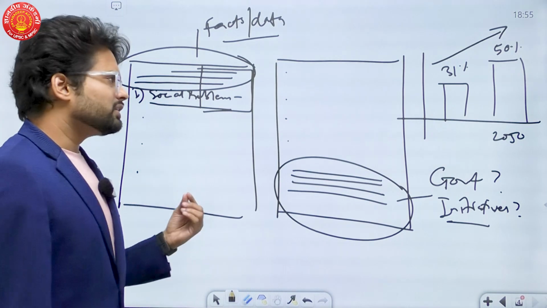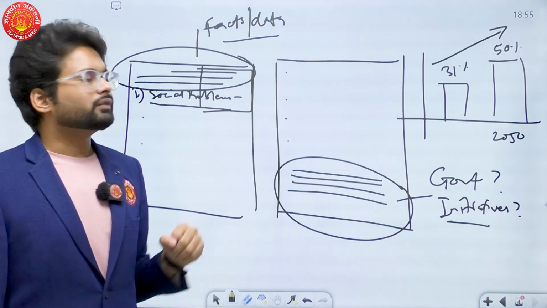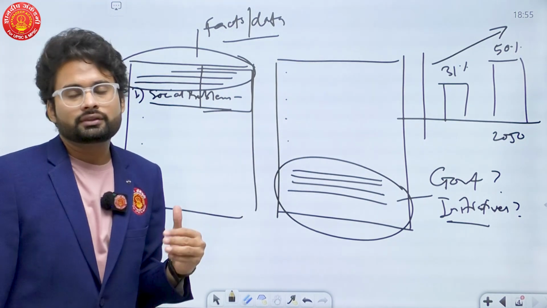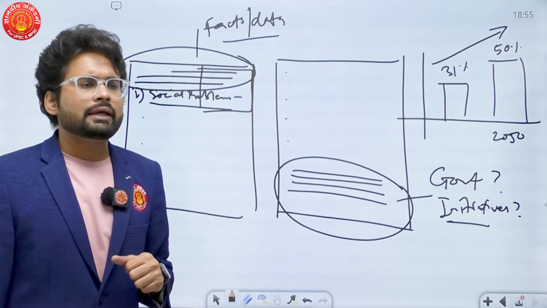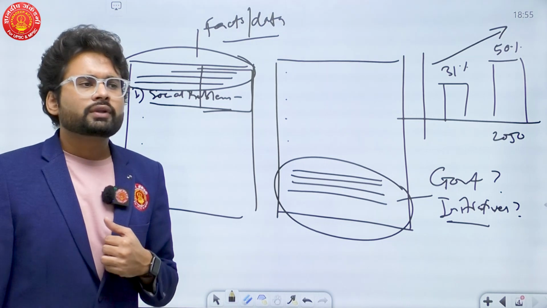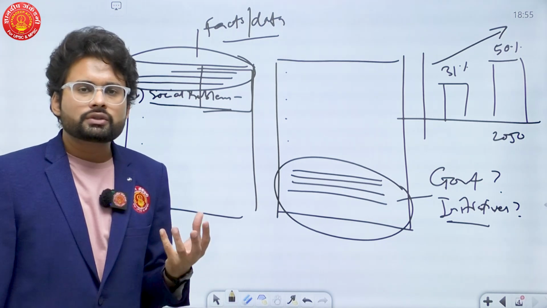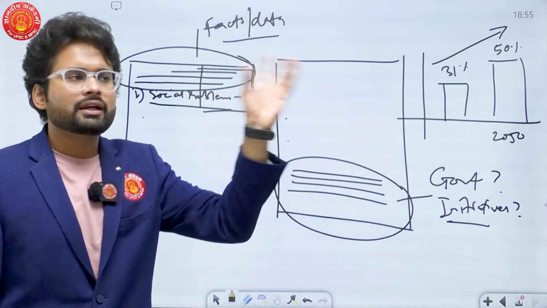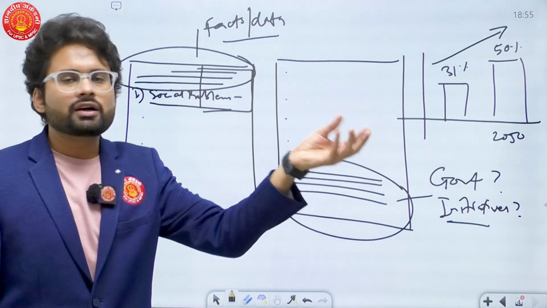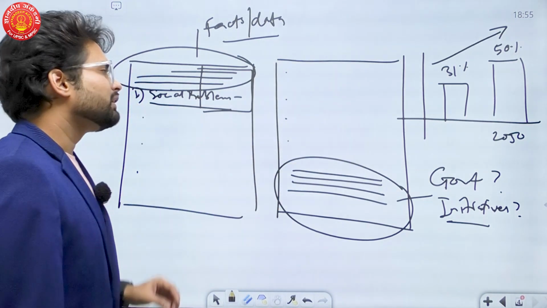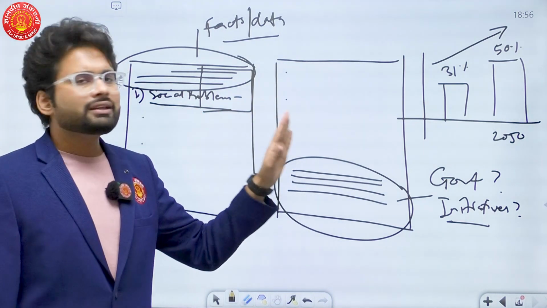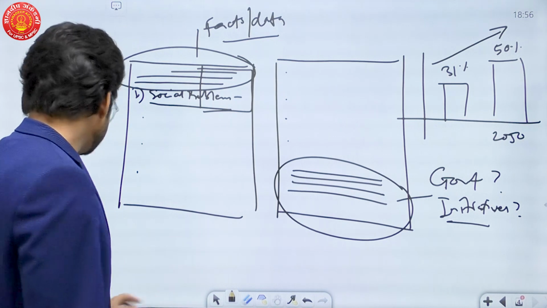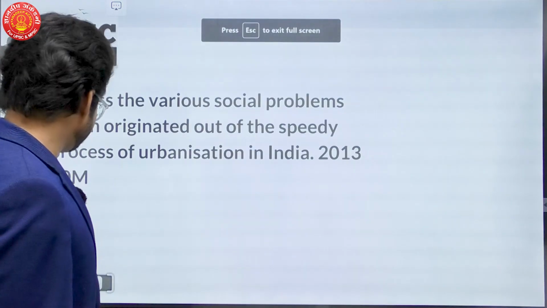The introduction can be a simple fact like this one, or any other idea that you may come across, like news or any recent case study that is happening, or any other very important news about a social problem from a particular urban society like Delhi. So you can mention that news also. But I think quoting this data or the facts is very important. Now let's discuss the body part.